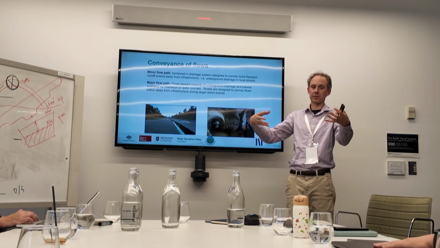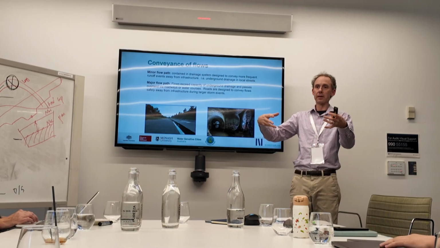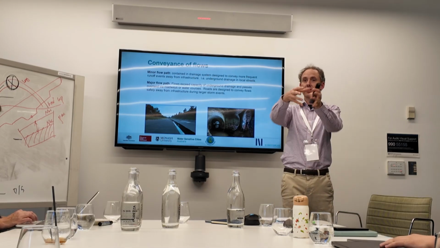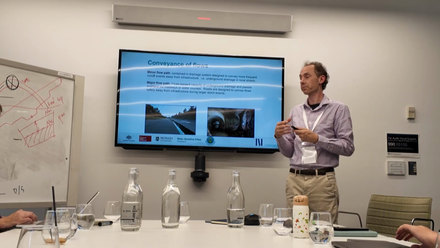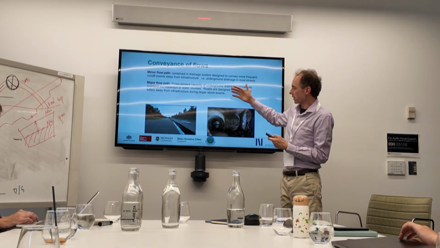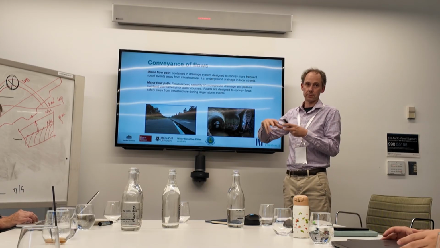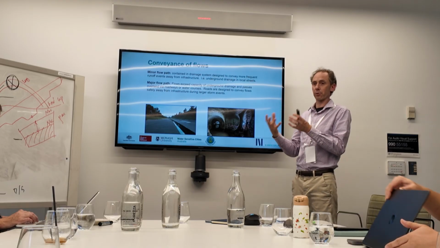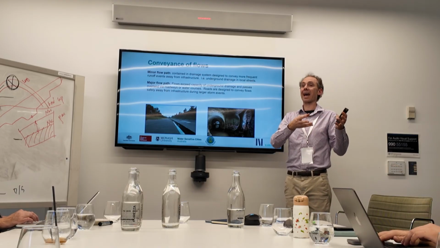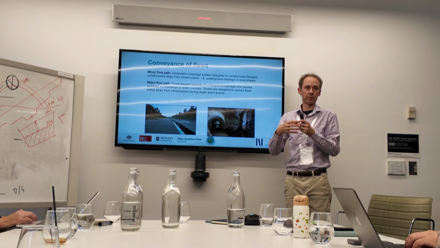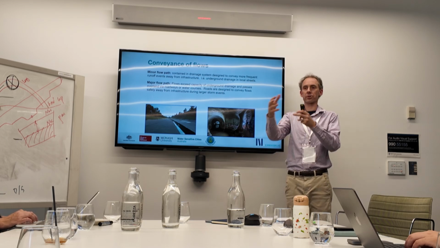We'll put a detention basin within that and use that to slow down the water and hold it, and then we'll release it slowly into the minor drainage system downstream. So the idea is that these two work together to provide effective protection, and the priority is that we don't want anyone's property, anyone's house to be flooded. So the idea is that if we build a new development area, no one's house should be flooded in that